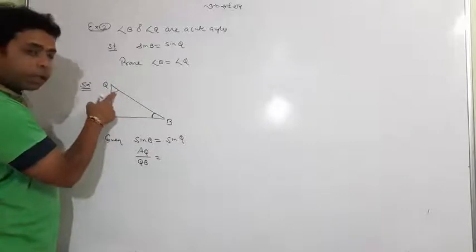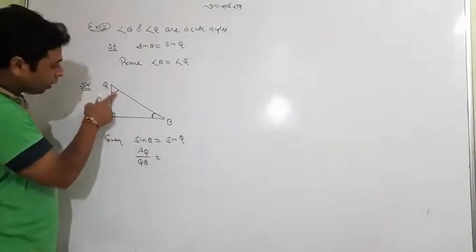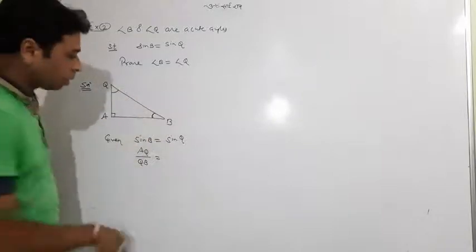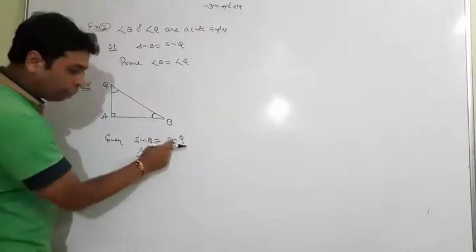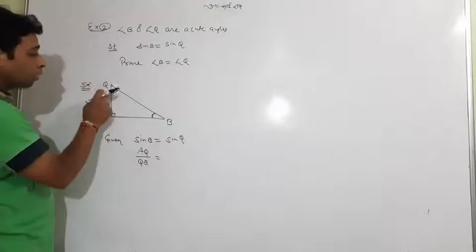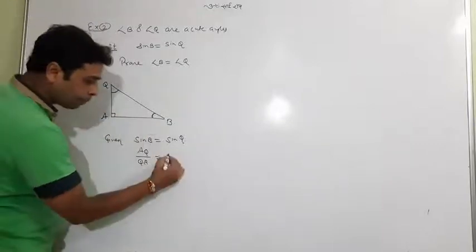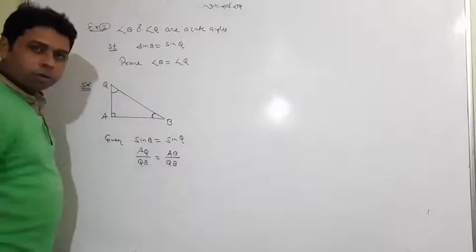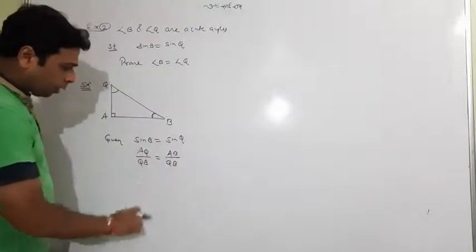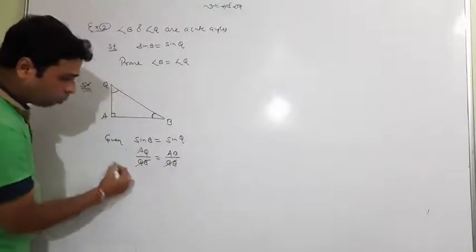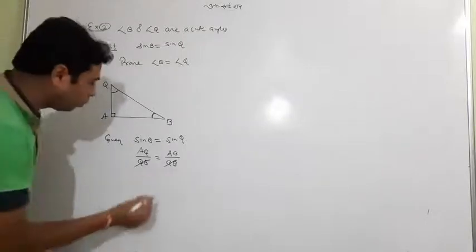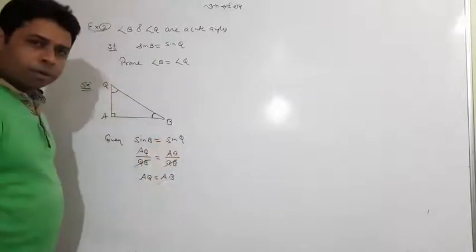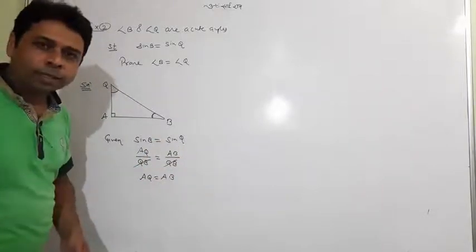Sin Q, for that Q. Now Q is an acute angle, and in front of it is the perpendicular. The slant is always the hypotenuse. So what is the meaning of sin Q? Again perpendicular upon hypotenuse. For Q, perpendicular is AB and hypotenuse is QB. So in the simple equation, QB and QB are the same, so they cancel, and what remains is only AQ equal to AB. And that's the end of the answer, I think.